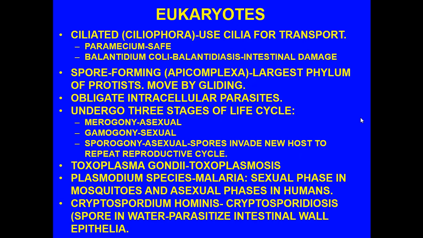Okay. Now, Plasmodium species, it's another type of spore-forming apicomplexa. Best known, malaria. The sexual phase of its reproduction is in the mosquitoes, as I mentioned before. The asexual phases occur in humans. And one stage will actually infect liver cells. The other phase basically will infect red blood cells. And as the spores build up in certain numbers and begin to release, they burst the cell. This is something that can cause eventually death because of loss of blood and damage to the liver.